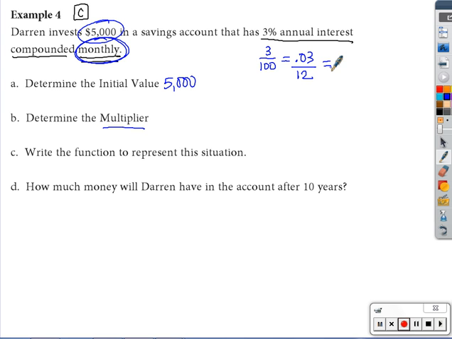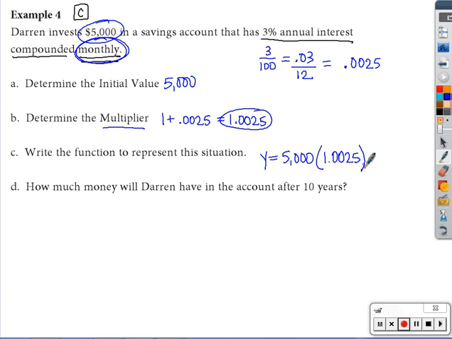So 0.03 divided by 12 gives me 0.0025. It is increasing, so I add 1 to it, 1 plus 0.0025. That's my multiplier. I write my equation, y equals 5,000